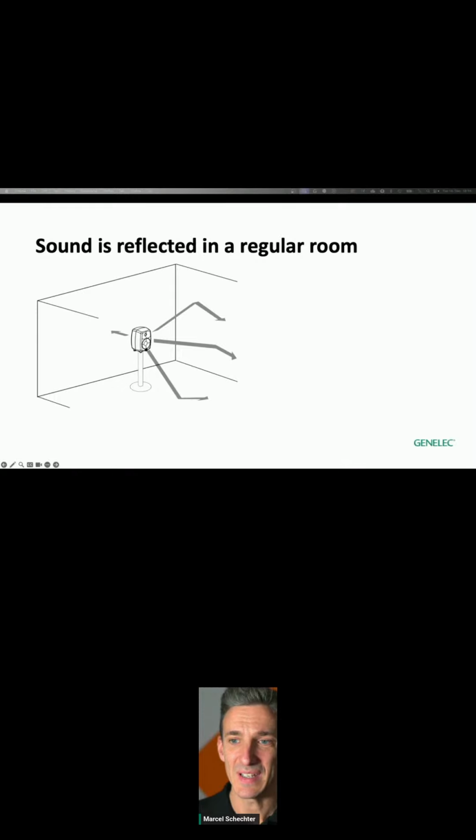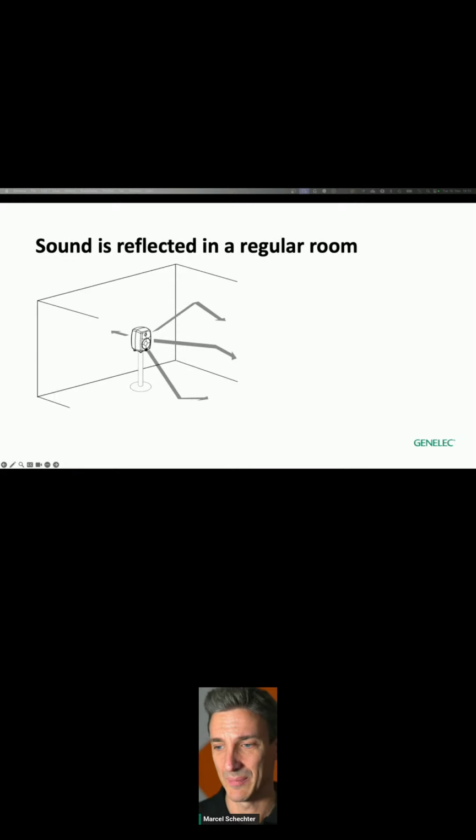Usually, as you see here in this image, we have an angle. The sound hits, for example, the wall at this angle, and it will have the same angle then for the reflection. This is true for mid and high frequencies. For bass frequencies, it's different because the wavelengths are so long, then it's more like pressure differences. So you cannot really visualize that